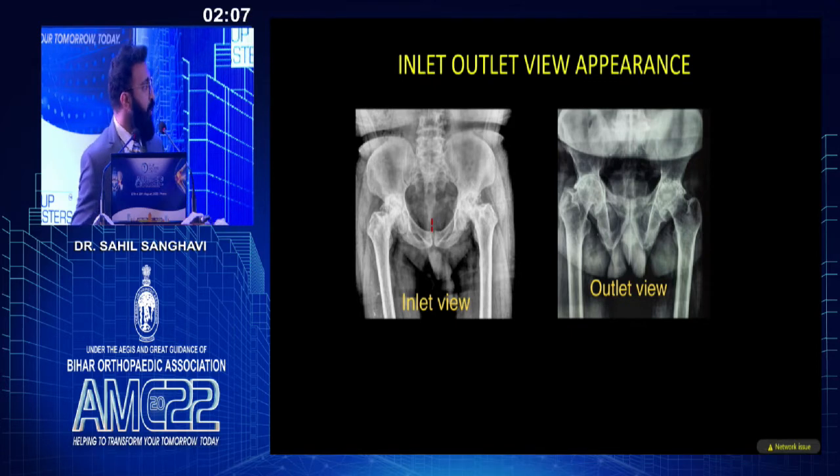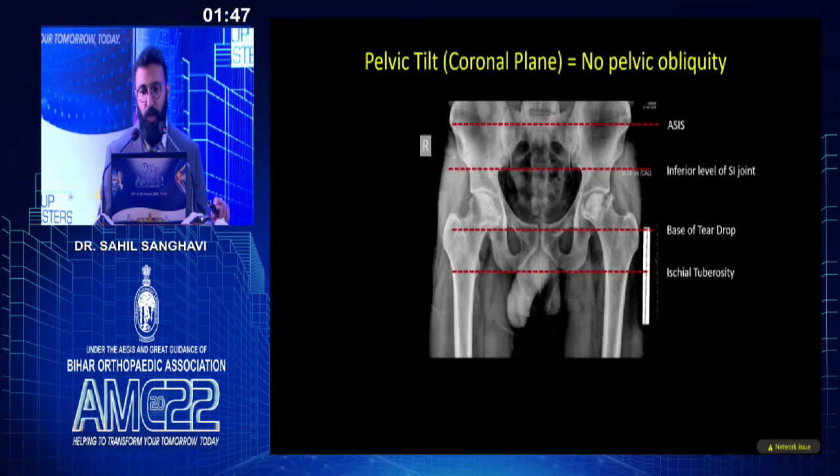Whereas if you obtain an image which is similar to an outlet view, you can see here there is a significant overlap between the coccyx and the pubic symphysis, and the obturator foramina are more oblong. So this may tell you the patient has either a flat back or a kyphotic spine, or may have ankylosing spondylitis. You can evaluate for pelvic obliquity using the ASIS or the base of teardrops or the ischial tuberosity, and this will give you an idea whether the patient has a scoliotic spine or if there is an adduction or